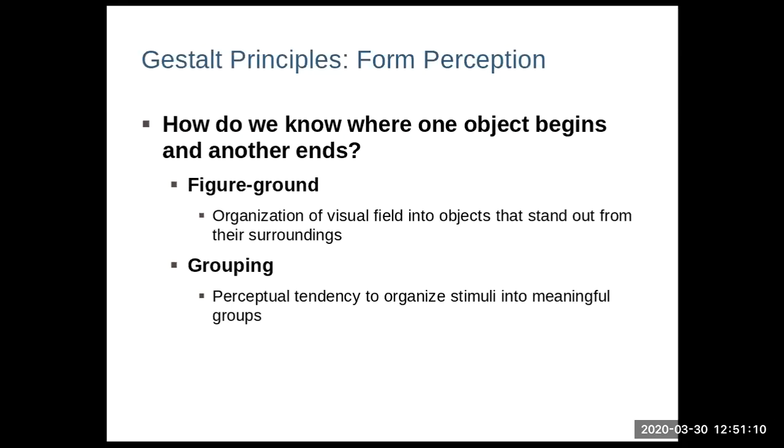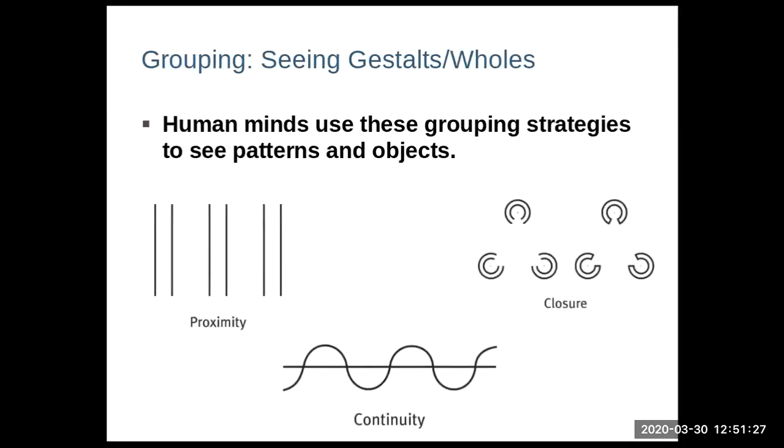We also tend to group things together that are very similar, and that helps us to understand even things we've never come into contact with, sort of what's going on with them. The three main ways, and this is important, so please pay attention to this slide, the three main ways that we group things together are based on these three principles: proximity, or how close the lines are together; closure, whether or not the shapes have an open or closed end to them; and continuity, whether they are flowing sort of together.